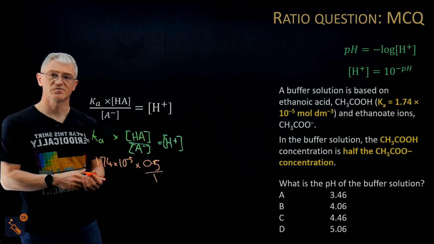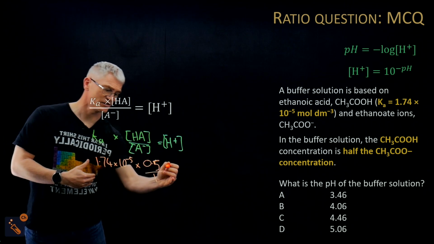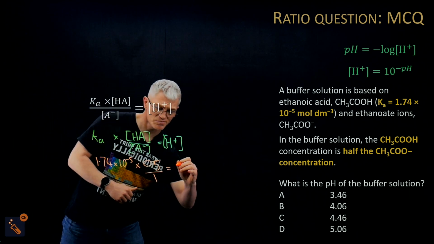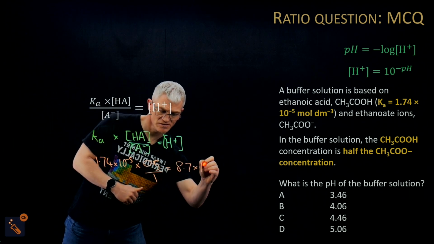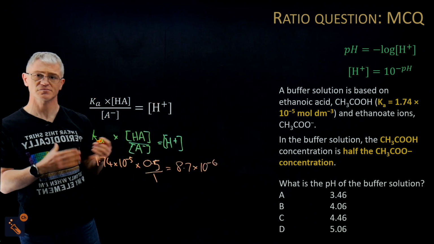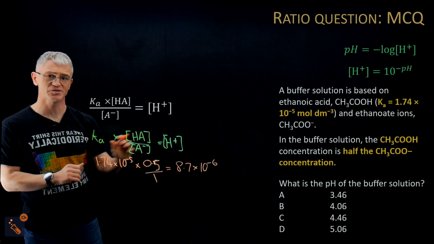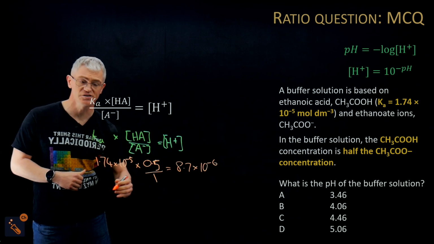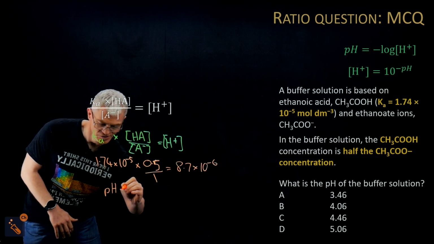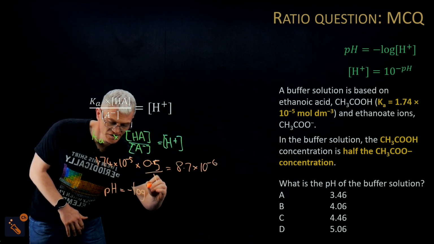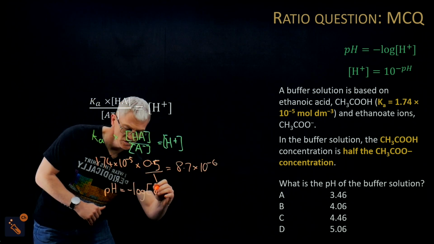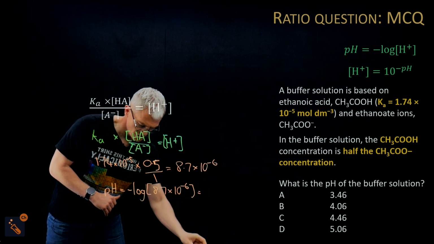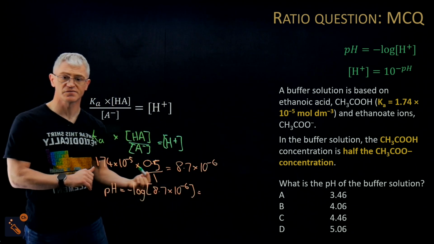Okay, so if that's the case, you can just put that into the calculator. Remember, that is going to equal H plus, and it equals 8.7 times 10 to the minus 6. So we've got an H plus concentration, and all we then do is put it into our pH calculation. pH is equal to minus log of the H plus concentration, which is 8.7 times 10 to the minus 6, which gives you a beautiful pH of